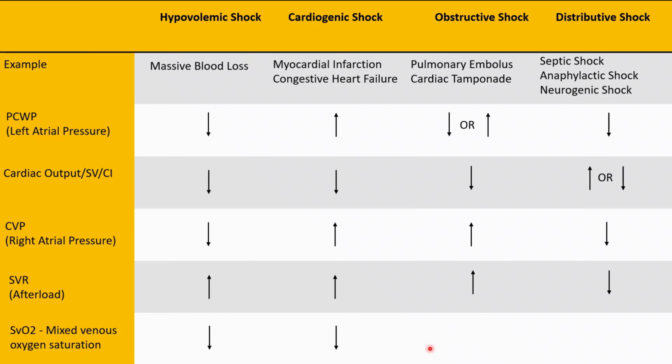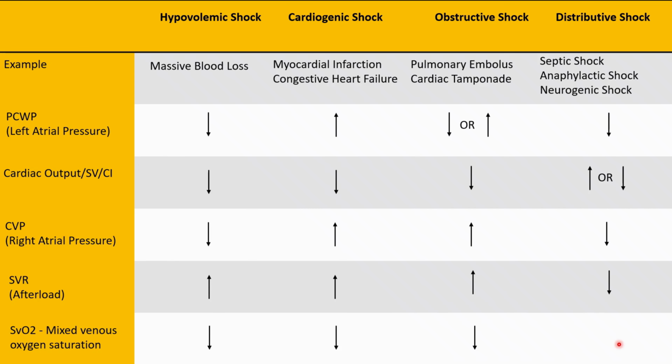And when they take every last molecule of oxygen, how much oxygen will return? So obstructive shock, pulmonary embolus, cardiac tamponade. Every last molecule is extracted because cardiac output has fallen. SVO2 will decrease. Now, in case of distributive shock,